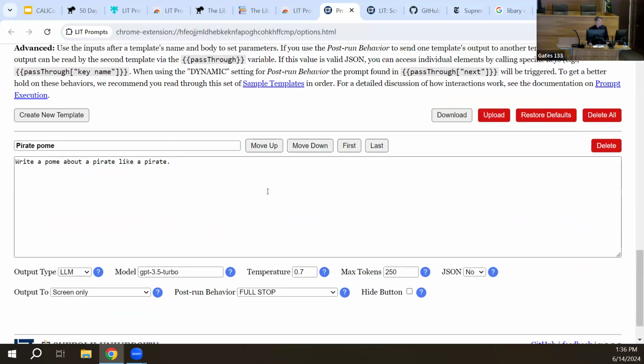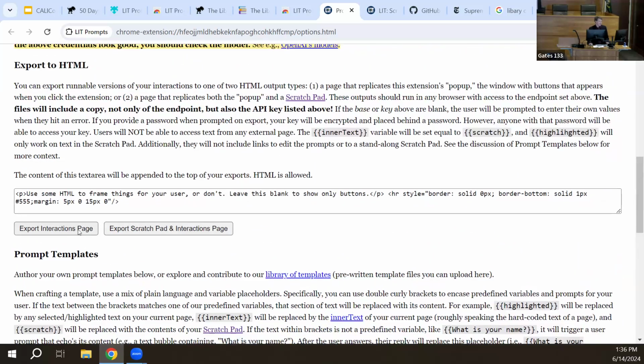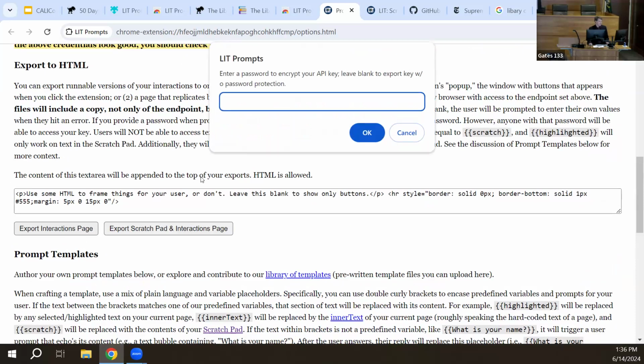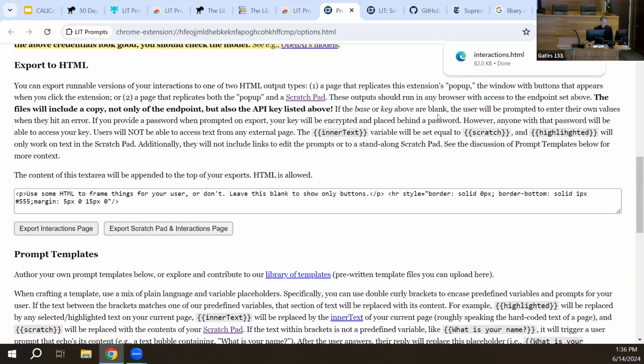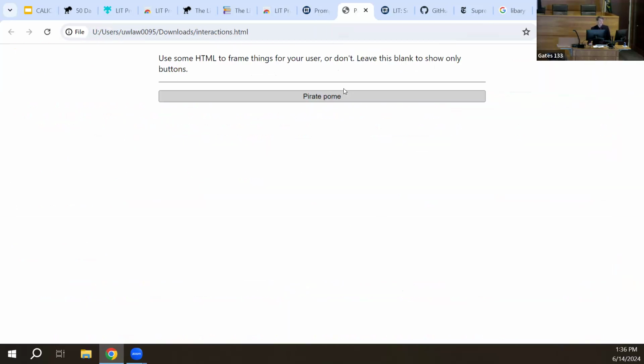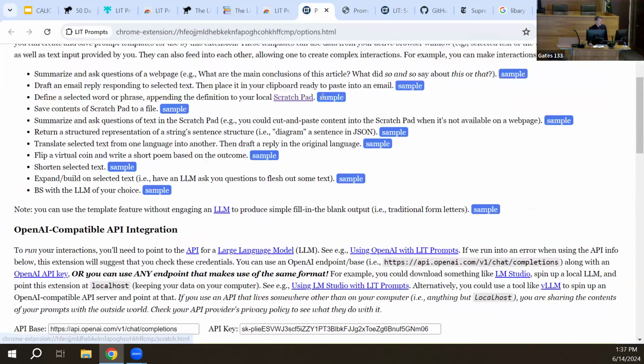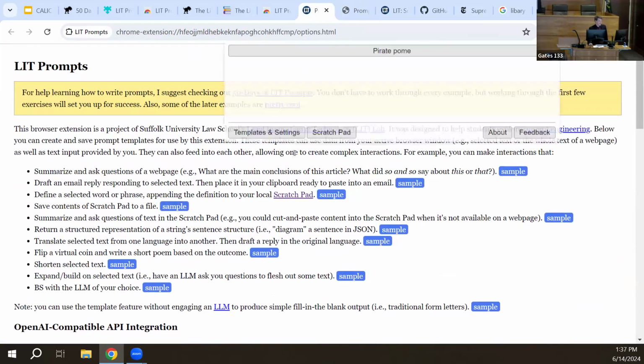Okay, I can take that now, and this is one of the fun parts. I can actually export that. And what this will do, password protect your key. If you leave it blank, there's no password. So I'm going to probably ask you to put a password because it's my key there. But now what this has done is it saved an HTML file on the computer. If I open up that HTML file, I can now run that templatized prompt. What that means is, if you want to, you can create, for example,